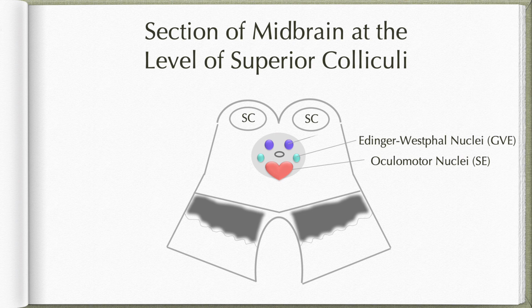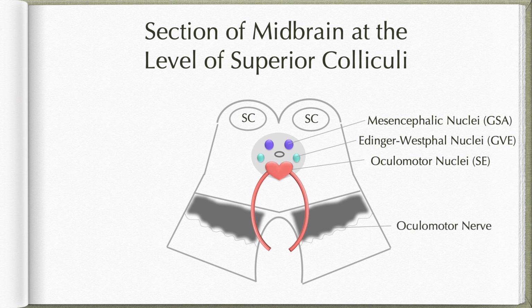Dorsolateral to the cerebral aqueduct, we have the same pair of mesencephalic nuclei. We are now seeing the uppermost part of the mesencephalic nuclei, which belong to the general somatic afferent column. From the oculomotor nuclei, we have the oculomotor nerves emerging. They pass through the tegmental region and through the substantia nigra to exit on the medial aspect of the cerebral peduncle along the medial sulcus. So as they emerge, they will be found as a content of